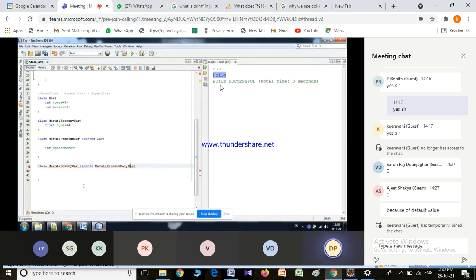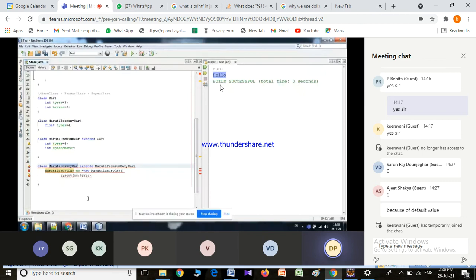Okay. Now here in car, I have given int tire equal to 3. I have now given int tire equal to 4. Okay. Now if I extend both Maruti car and premium car, and when I create an object of Maruti luxury car, MC equal to new, and I print MC dot tires, which is not available in the Maruti luxury car.